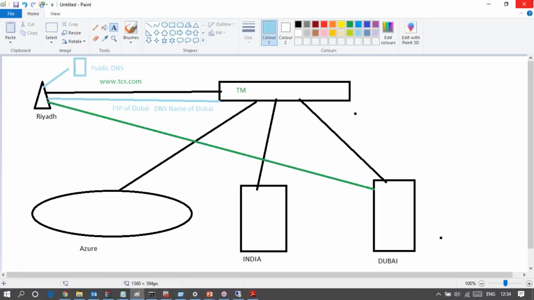Otherwise, it will directly hit the location. So this is the working principle of the Traffic Manager. You can say the Traffic Manager is a lower-level global server load balancer. Traffic Manager also helps check the backend pool health. The health probe option is also available with the Traffic Manager that you can configure.